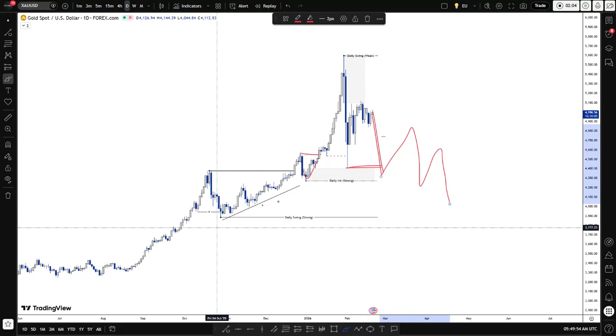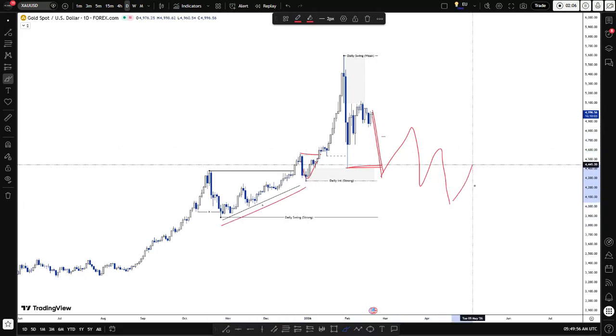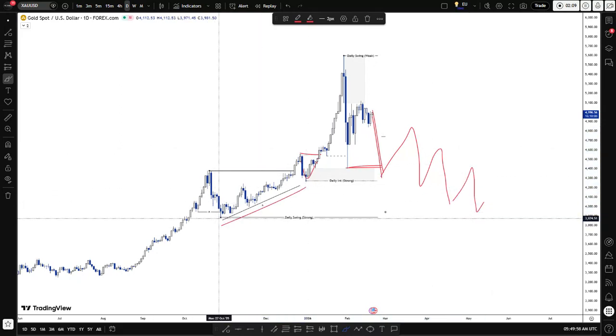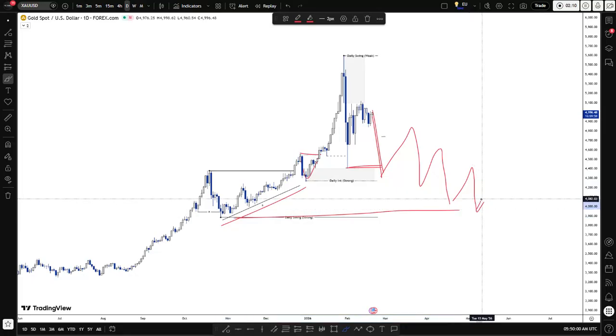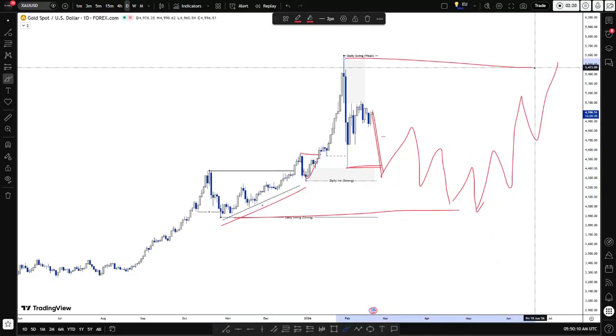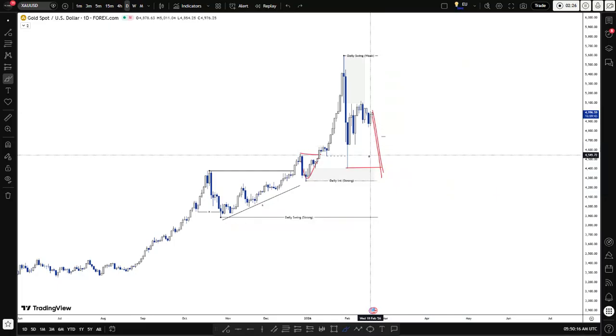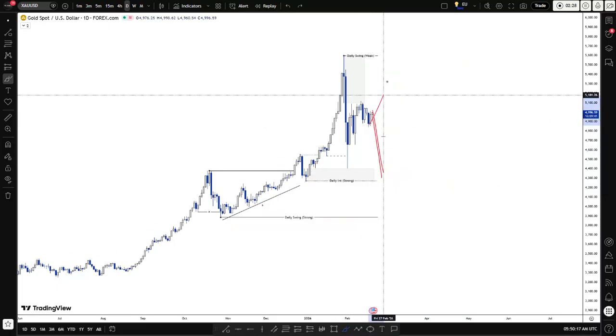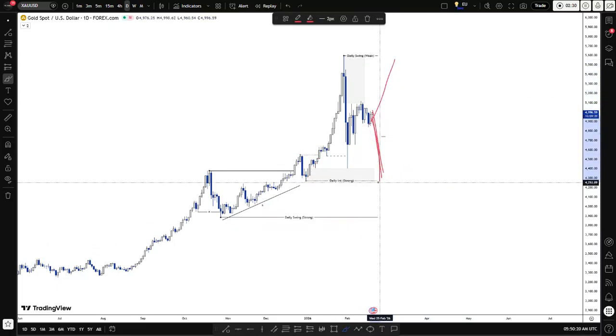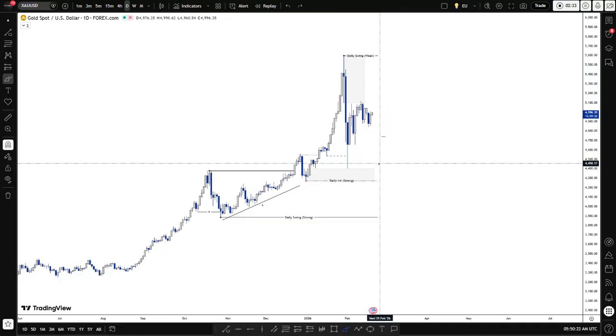We can see there's this sell liquidity. Then I can look for shorts targeting it. Once the liquidity has been taken out, and then we see another shift, then I can follow it to the weak swing high. But this will take a lot of time. So currently, my expectation is we either just see this or this. That's all I'm anticipating on the daily time frame on gold.